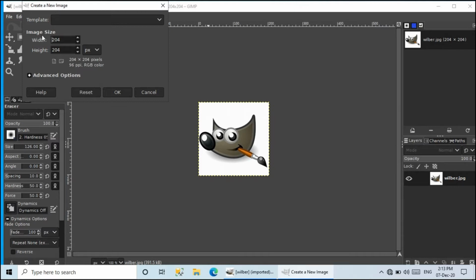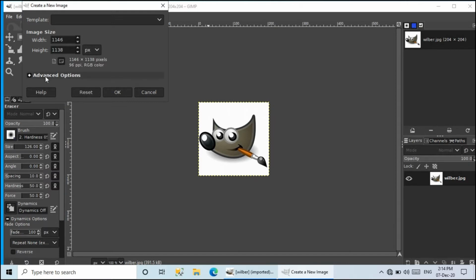In that you have to set your image size. You have to set the width and height. You can increase this width and height of your image. And here we have the height. Now here you can change this to portrait or landscape. I am choosing landscape here, and by default it is represented in pixels. You can also change the unit to centimeter, meter, yards and many more. By default we have pixels and we generally use the pixels option only.